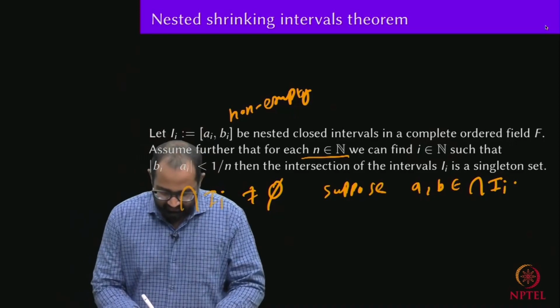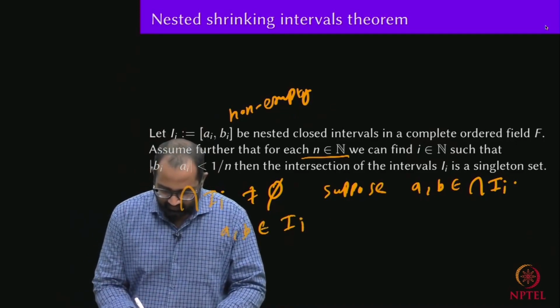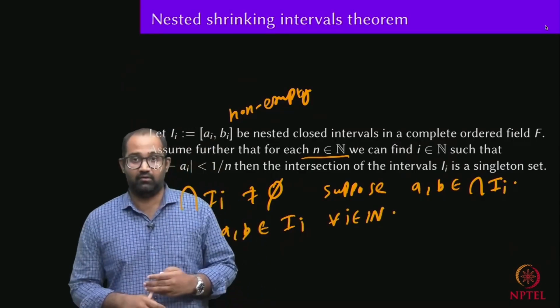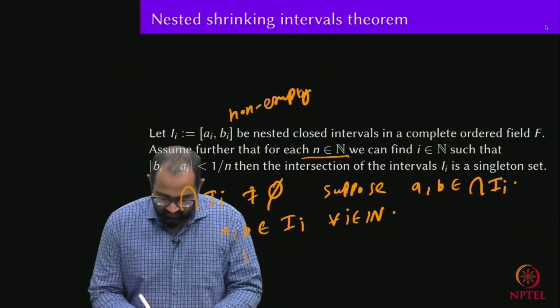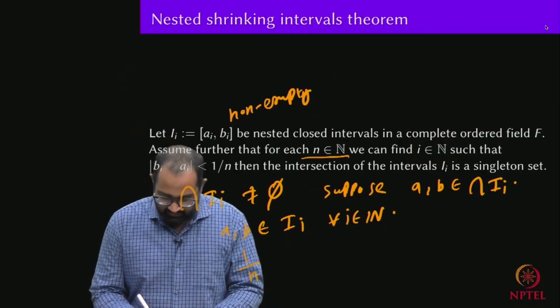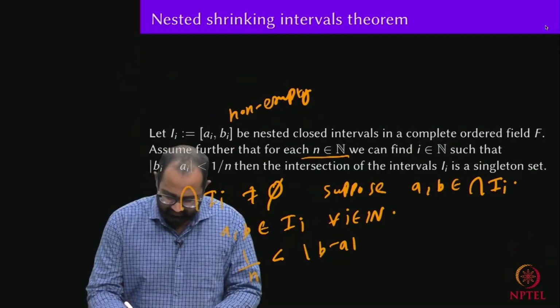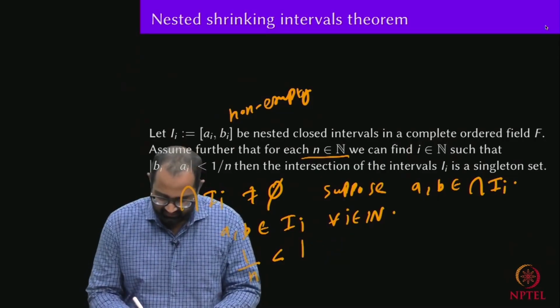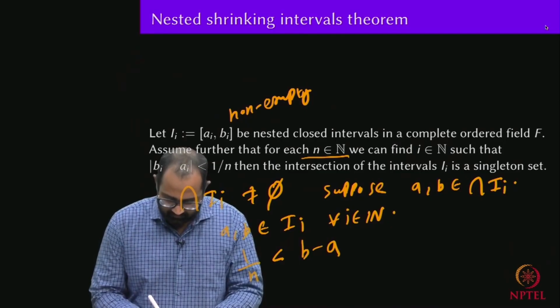That means a and b are there in each I_i, for every single i in the natural numbers. Okay, but eventually 1 by n will be less than |b minus a|, or I can just say b minus a because b is larger than a. I can assume,